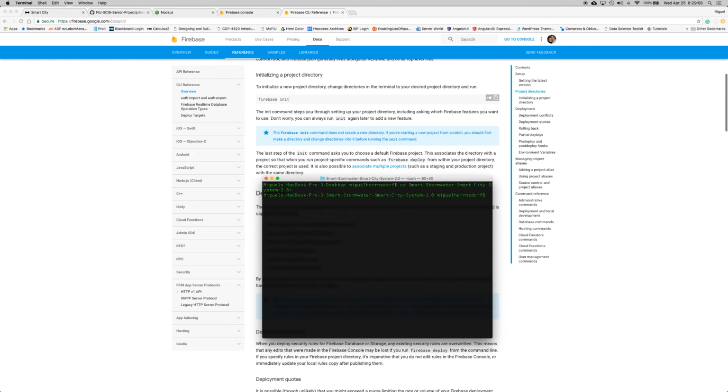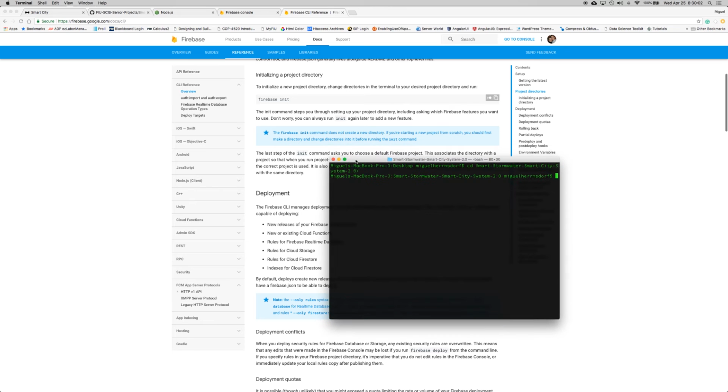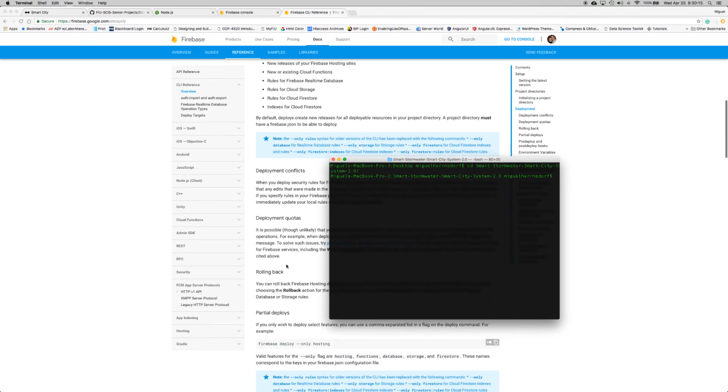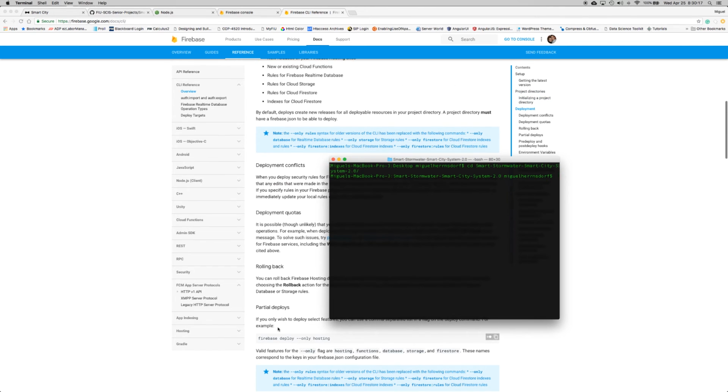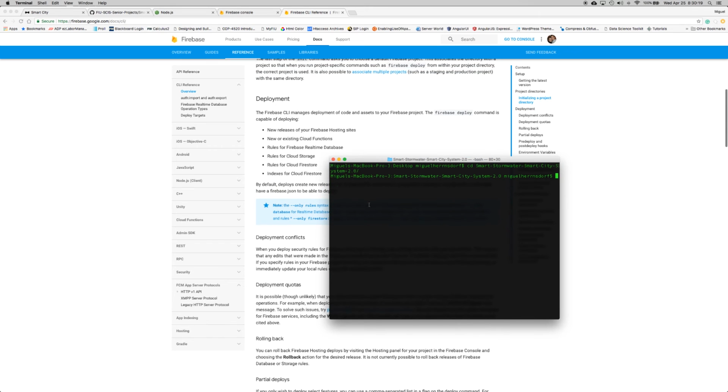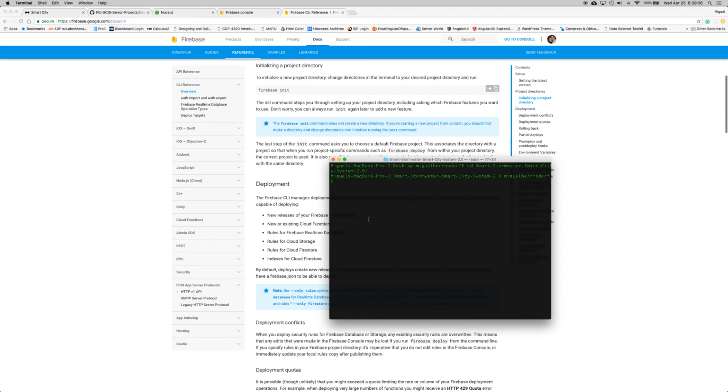Now inside this folder is where you have to do the firebase init to set up the project that you created in Firebase. And that's all that you need to do to set up the project. Now once you have the firebase init complete,